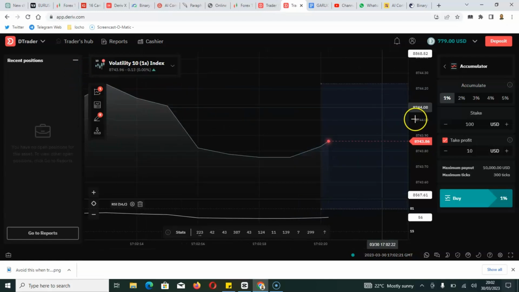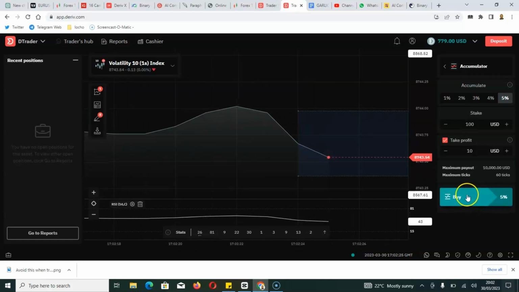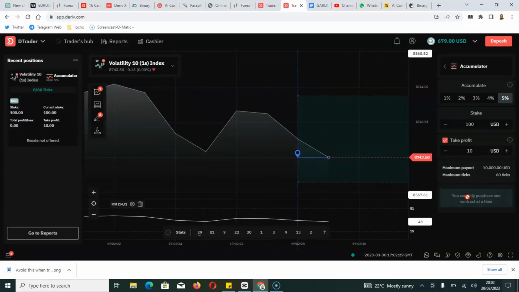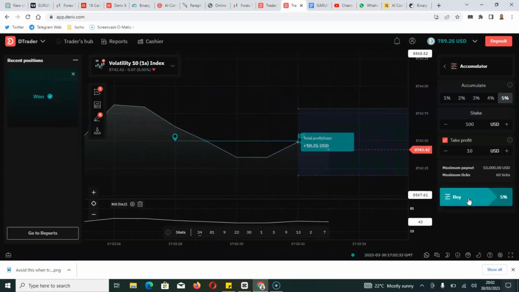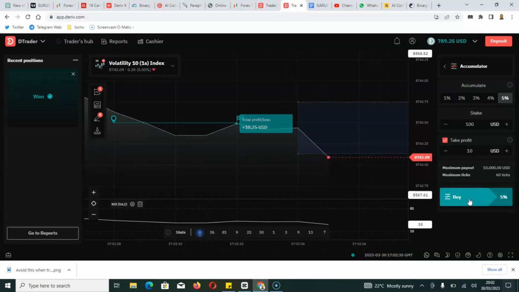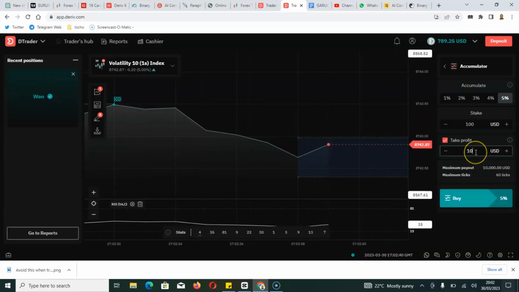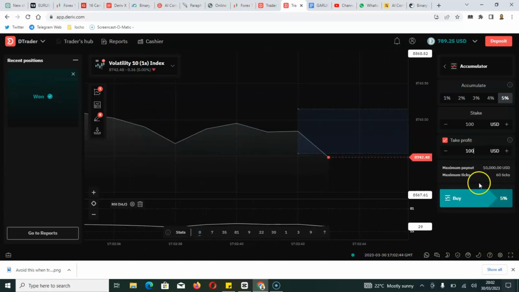So I want to go for 5 ticks because that is the extreme other side, and you see also how faster it is. So I want to click it, and you see how faster it's going to achieve that. In a very few seconds, it had achieved the target. So I want to increase the number, and you see also